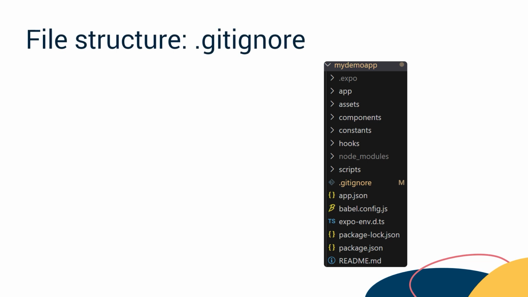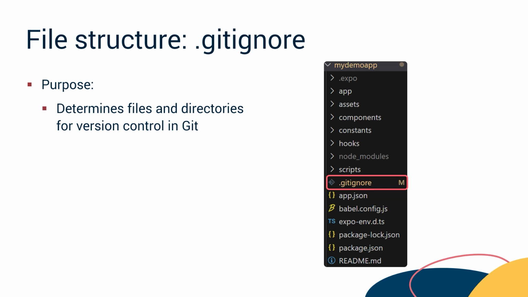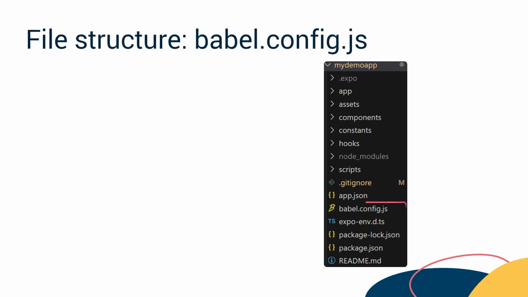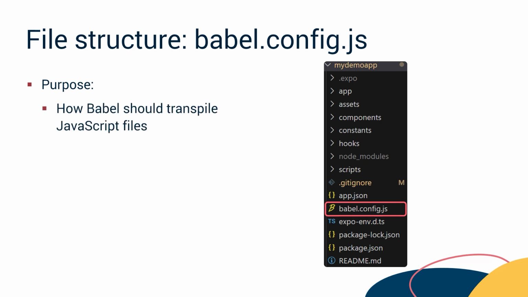Let's now learn about the file structures in this Expo command. The .gitignore file helps determine which files and directories to exclude from version control in Git. Some of the usual entries of this file are node_modules, /.expo/, and environment files such as .env that are best to be avoided in a repository that should contain only the best and most accurate information. Next is the babel.config.js file. The Babel configuration file specifies how Babel should transpile your JavaScript files. You can use the edit option to add or change a Babel plugin or preset for your project. The